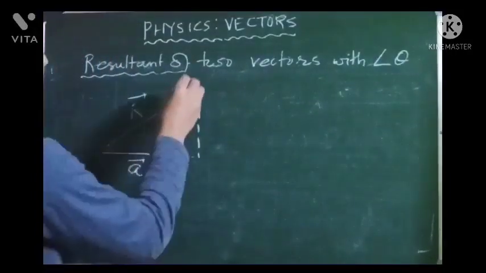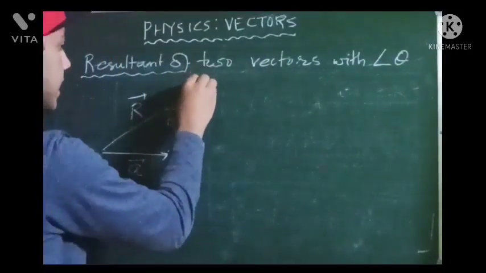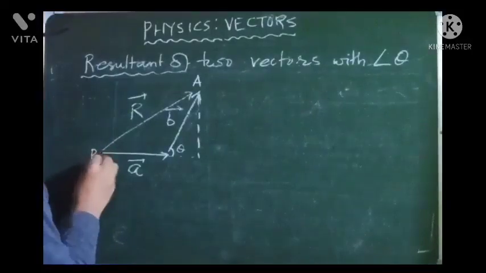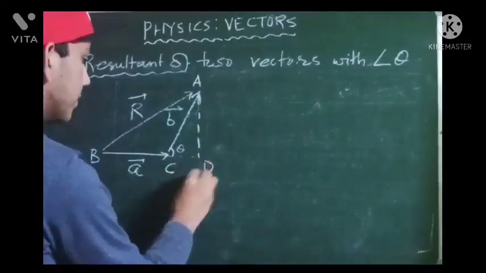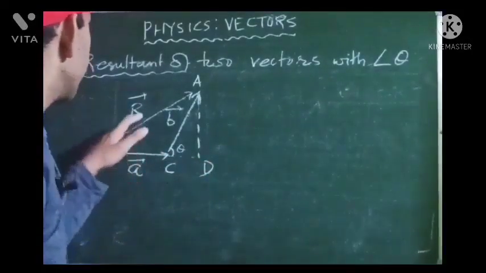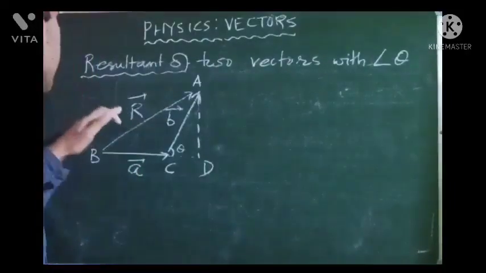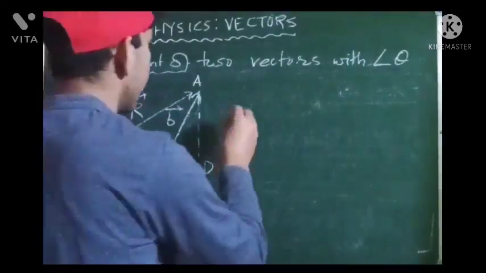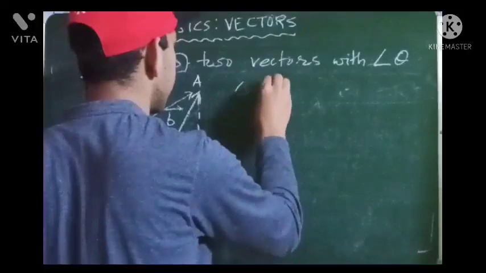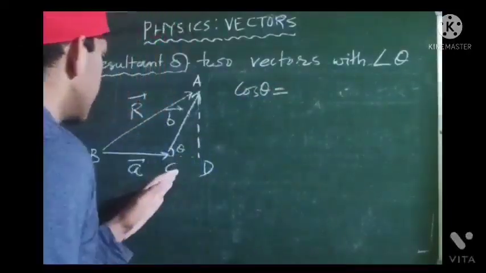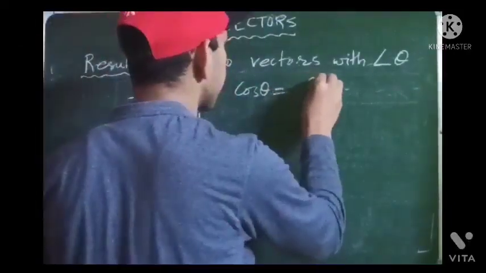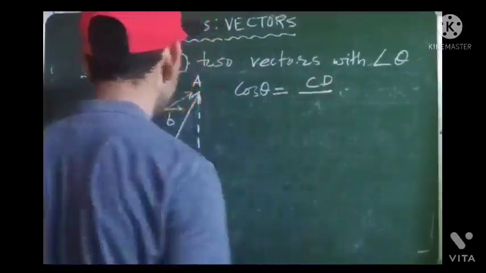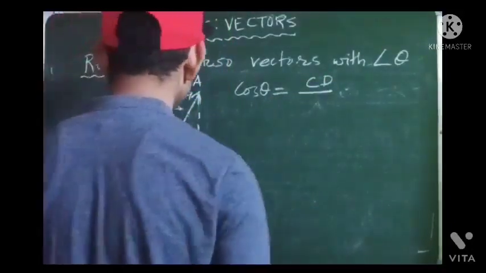Let's name these vertices as A, B, C, D. Now we are to find the magnitude of the resultant vector. We have cos theta. Cos theta is equal to CD upon this AC,